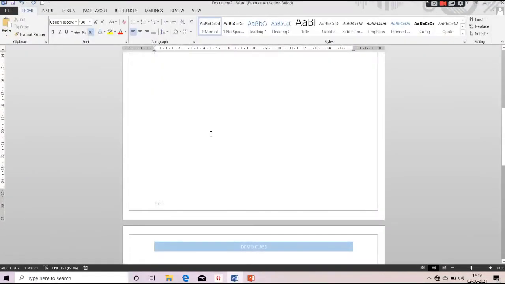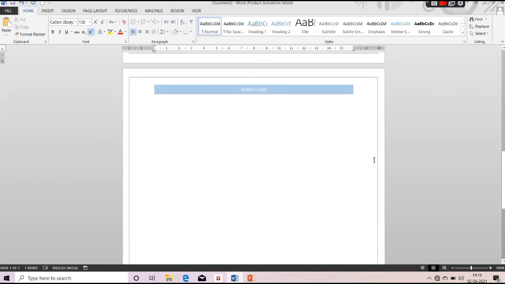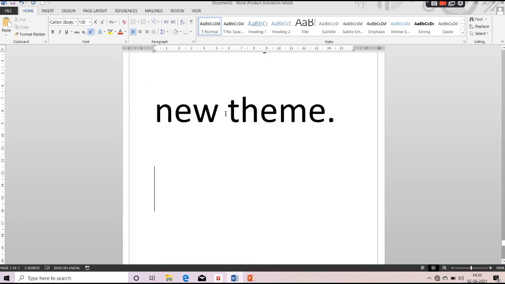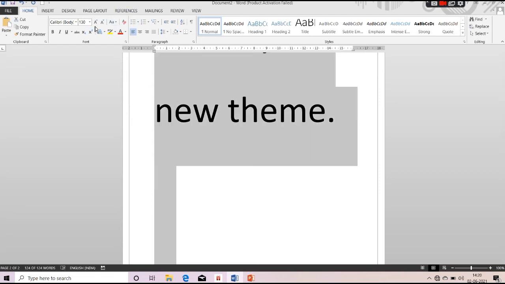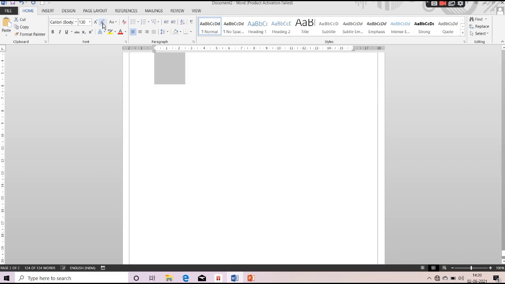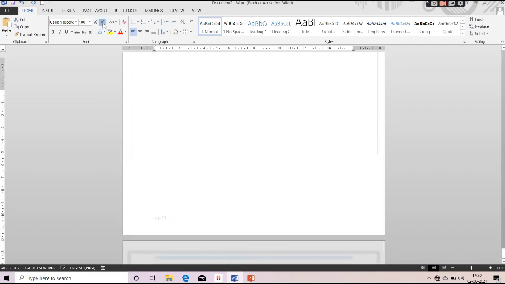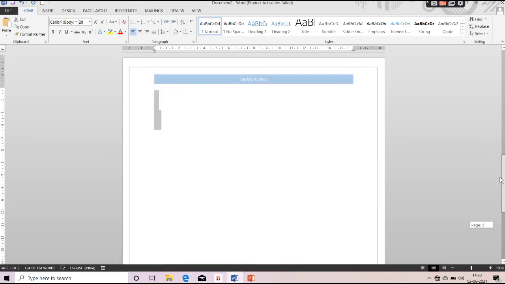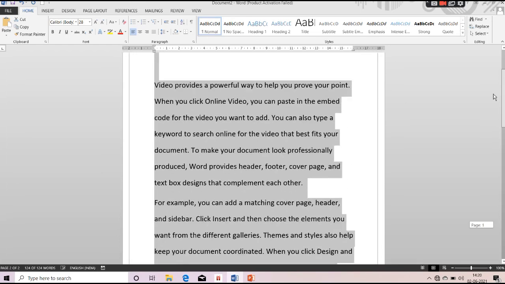If you go ahead with this one, think like I just want to change something. I just write equals RAND open bracket 2,4. So it will give you a demo paragraph. Now I just want to make it small. Okay, now you can see the paragraph is written on one of the pages.